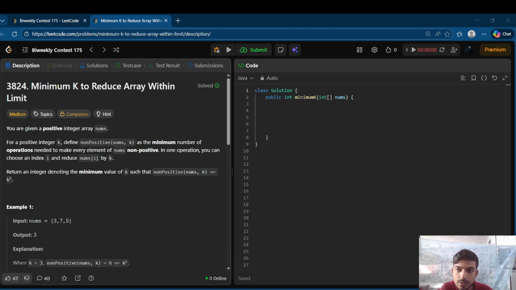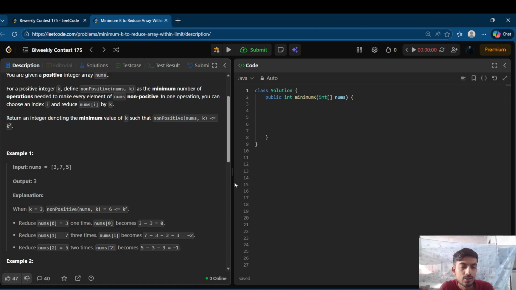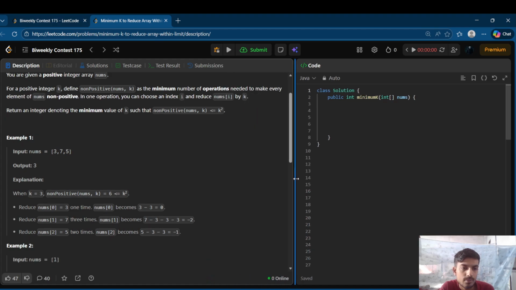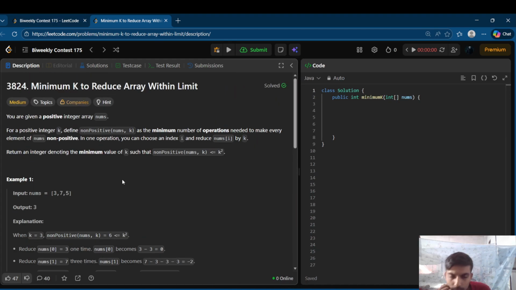The problem number is 3824 on LeetCode, and let's just jump into the question. The question is about the minimum k to reduce an array within the limit. Let me explain in an easier way what this question really says. In the question you are given an array and you have to find an integer k such that